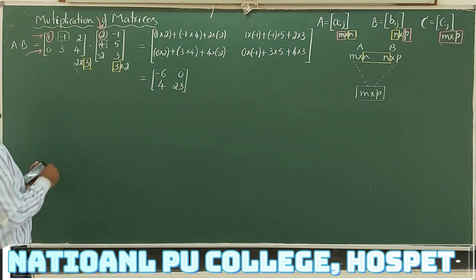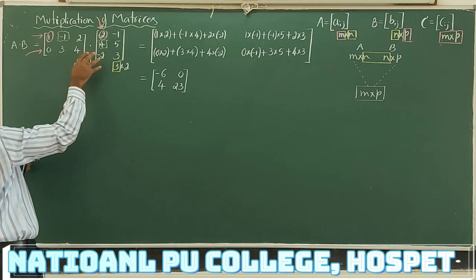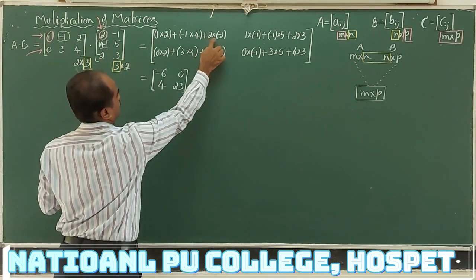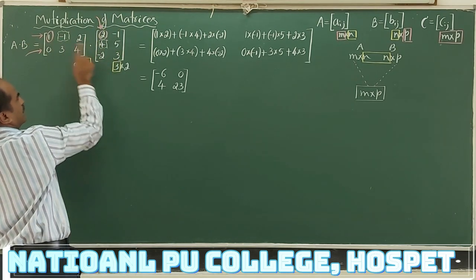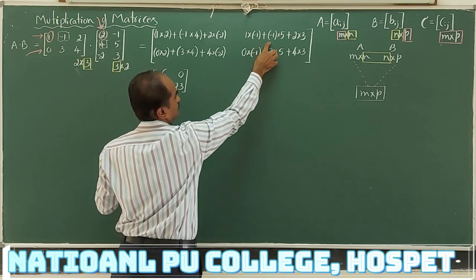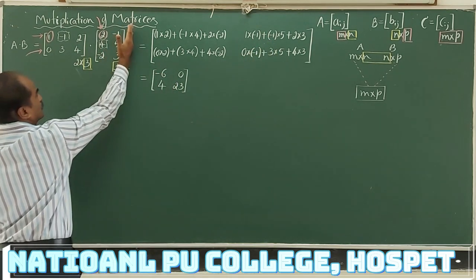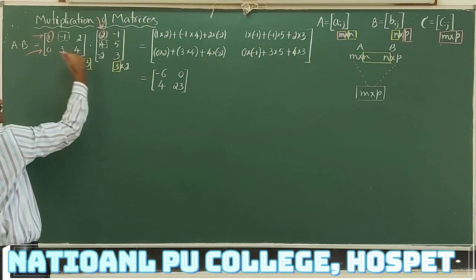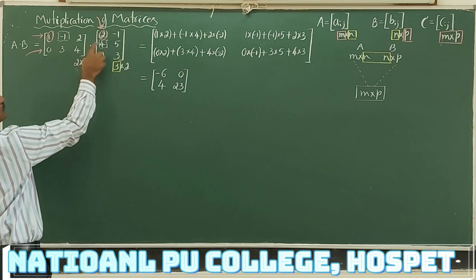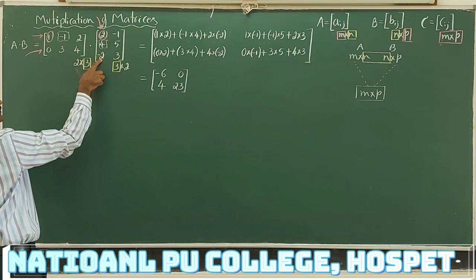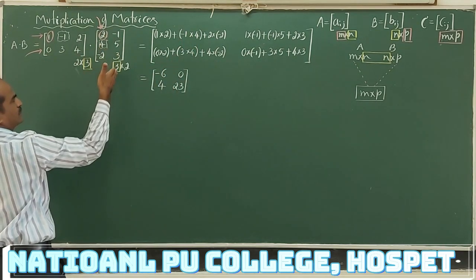What we did? First row, first column, 3 elements are there. Make pairs, multiply and add it. Write it in the first row, first column. First row with second column elements. Make pair of elements, multiply and add it. The resulting element is present in first row, second column. No more columns. I repeat the same process by taking second row now. Second row, first column. 0, 2, 3, 4, 4, minus 2. That I had to write here in the second row, first column. Now second row, second column.